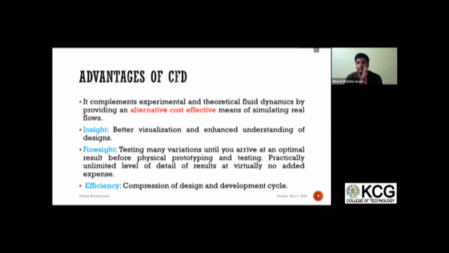Next, it is very effective in doing the approach in parallel. You can run multiple simulations in parallel rather than waiting for an experimenter to be set up with a single thing. So these are some advantages of CFD. One is that it is an alternative, cost effective measure. That is the main goal of using CFD, because